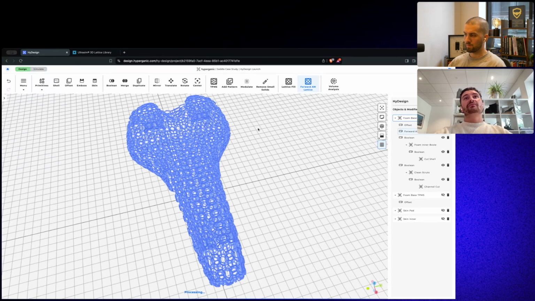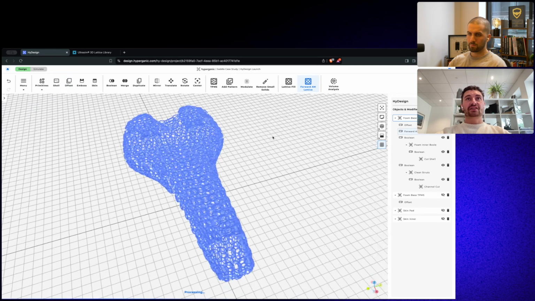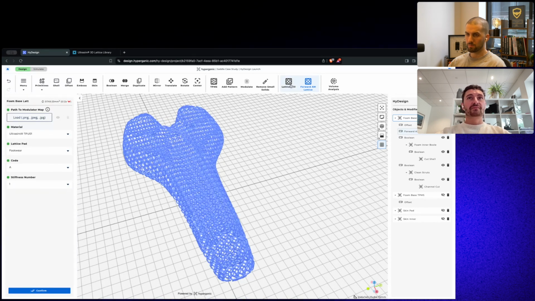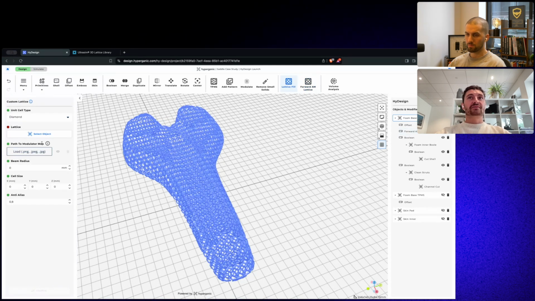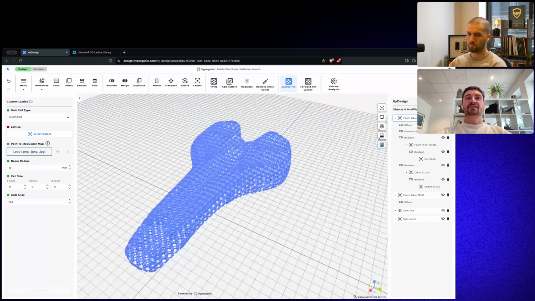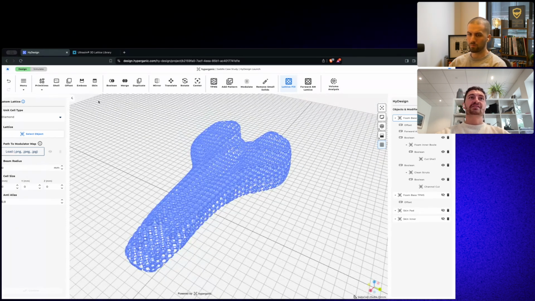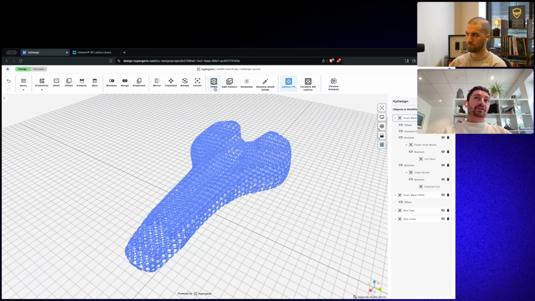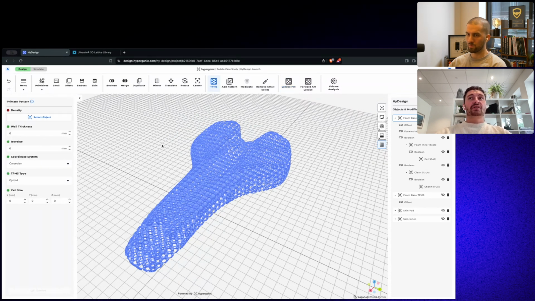In the meantime, just to highlight, of course, you could also select your own lattices, which you would do in the lattice fill menu here. I'll quickly show what that looks like. You have a wide variety of different lattice unit cells, and we're of course working on bringing in many, many more at the moment to really assist our users in latticing designs. Further, of course, the TPMSs. A handy feature about the TPMSs is you can effectively